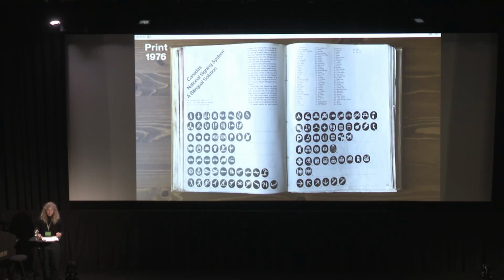A print magazine article from 1976 explains how the federal government introduced a bilingual signage system using symbols to improve communication across the country, as visual signs can be quickly understood regardless of language. In addition, Public Works Canada had introduced the interim policy on bilingual signage, which established layout rules: English on the left in English areas, and French on the left in French-speaking areas.